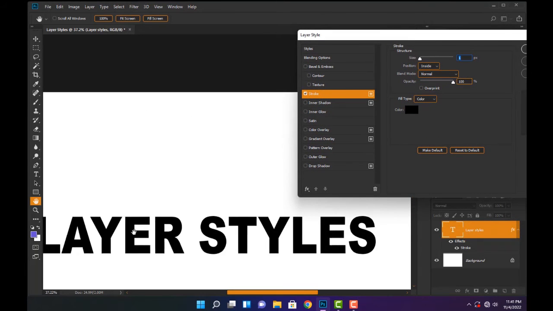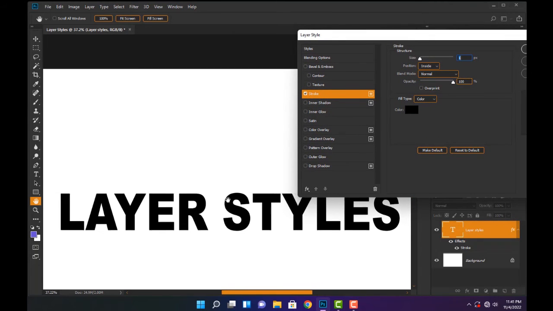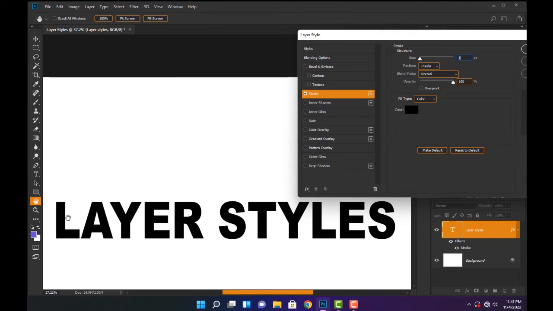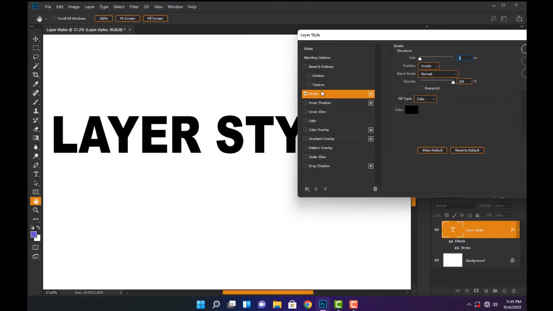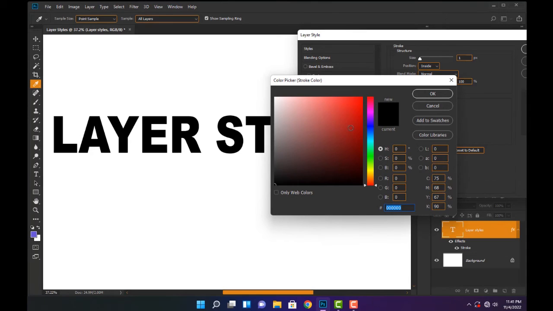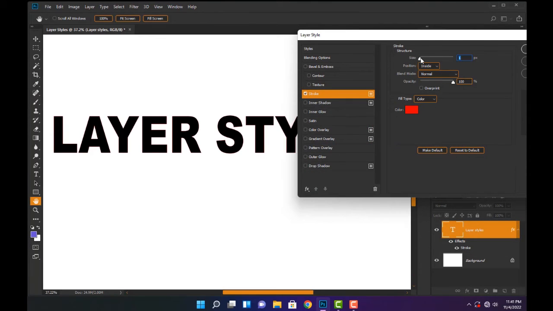Alright, having an outline around this particular text. So to have an outline surrounding the text, that is stroke. Now when it comes to stroke, this is a size and that's a color. So let's change the color to, let's see, red, and then the size, increase it. Now you see when you increase the size, it kind of covers the inside of the text,